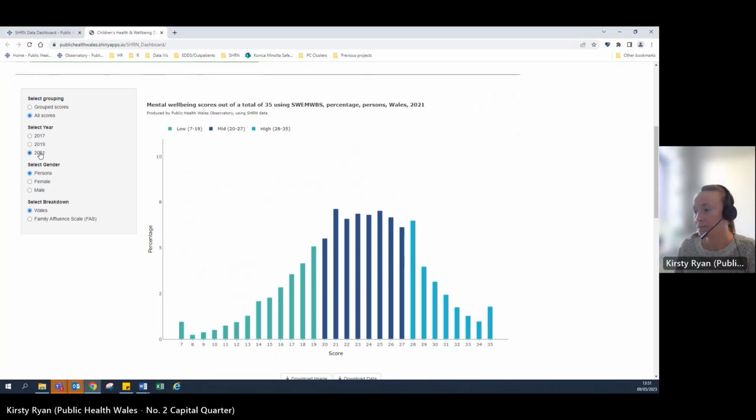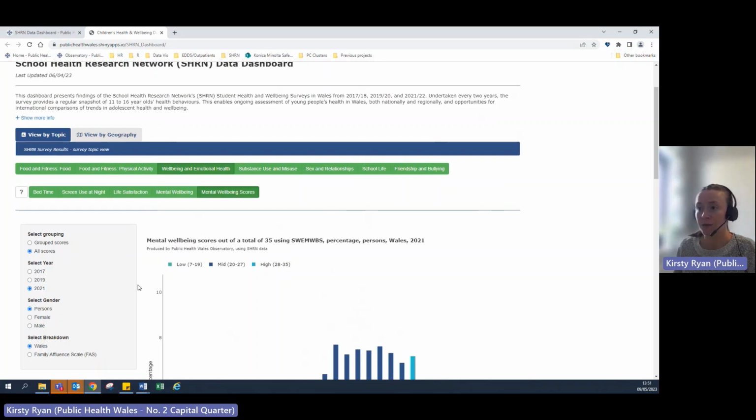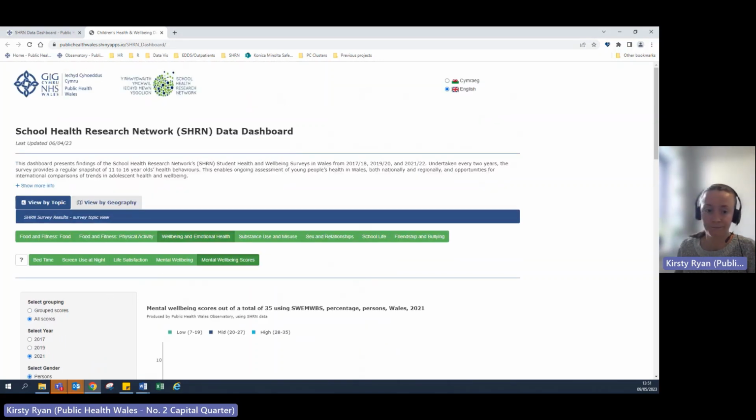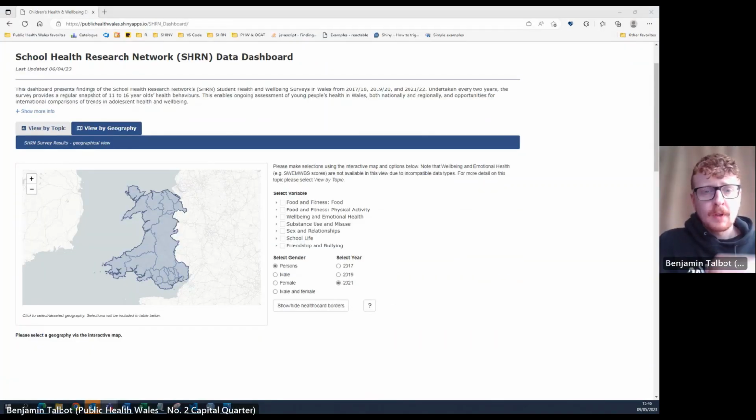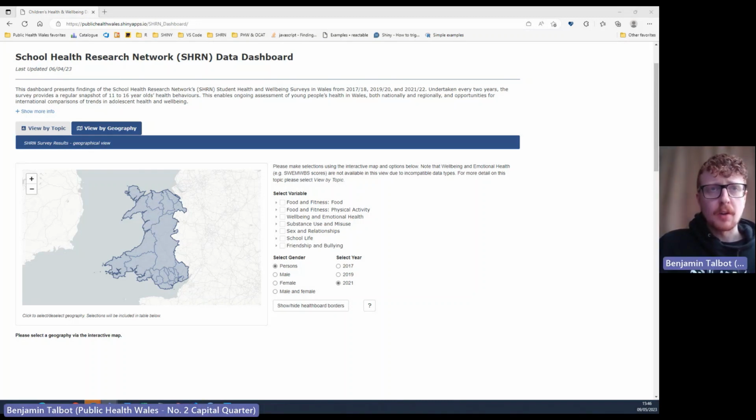I'm going to hand over to my colleague Ben now, who's going to demonstrate the view by geography section of the dashboard. Cool, thanks Kirsty. So I'm just going to go through the geography view of the dashboard from the point of